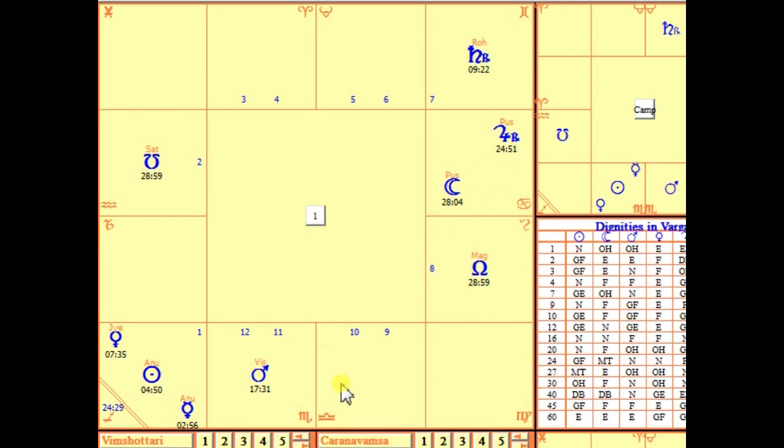Now, that's one way we start to look at the chart. The next, when we're considering a person's career or activity within the world, we want to look at their 10th